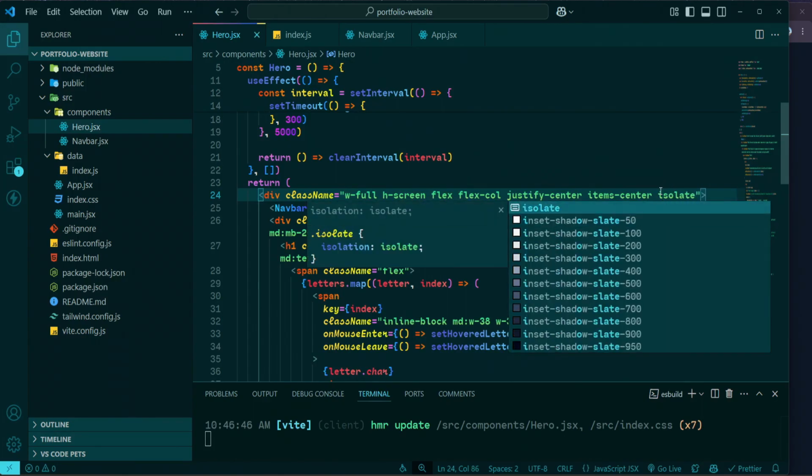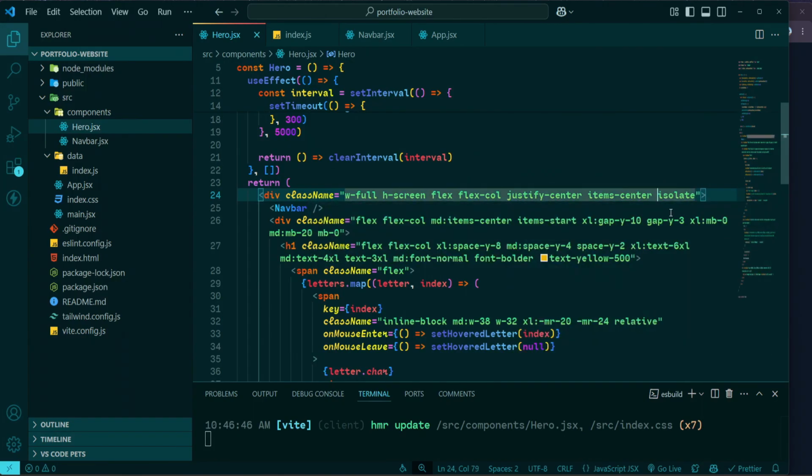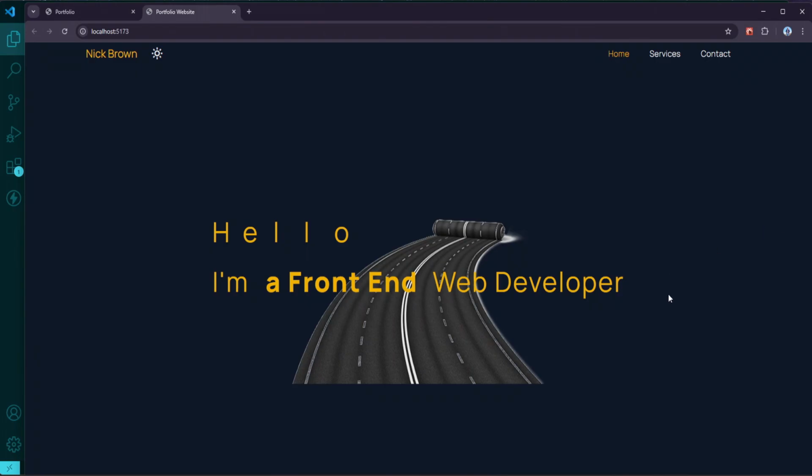The isolate utility in Tailwind CSS ensures that child elements do not inherit the stacking context of their ancestors. In simpler terms, it forces this container to act as an independent stacking layer, preventing elements inside it from getting pushed behind unintended layers. Now if we check the results, the image is visible again while still sitting correctly behind the text. The -z-10 class has successfully placed it behind the heading, but thanks to isolate, it's no longer hidden